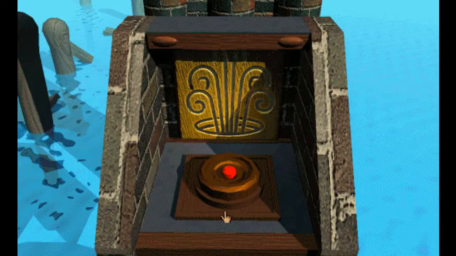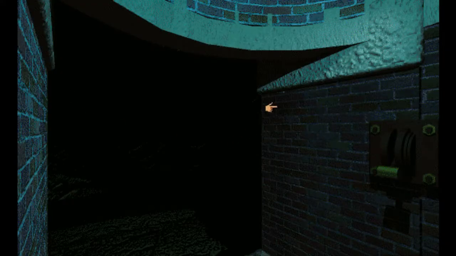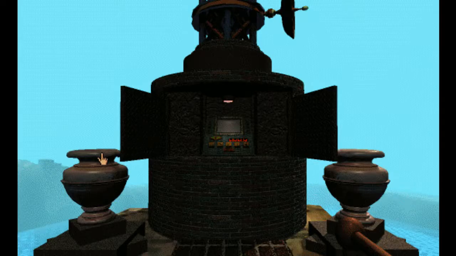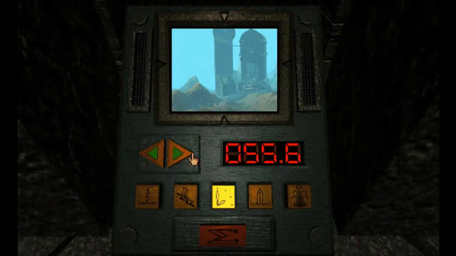So we pressed that already. Yeah, let's go down. Maybe we missed something in the tunnel. Like, if we turn the light off, will we find a new place to go? No? No, it doesn't look like it. Well, at the very least, I suppose we can just put in what we...